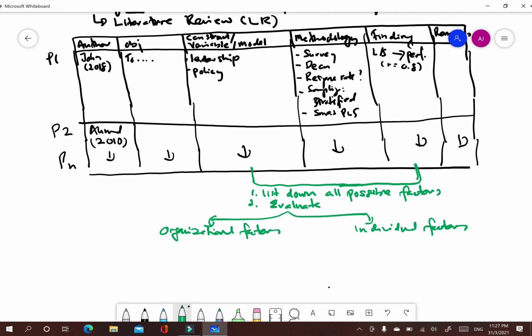For the organizational factors, maybe, for example, let's say leadership, something related to the policy, or funding, for example.